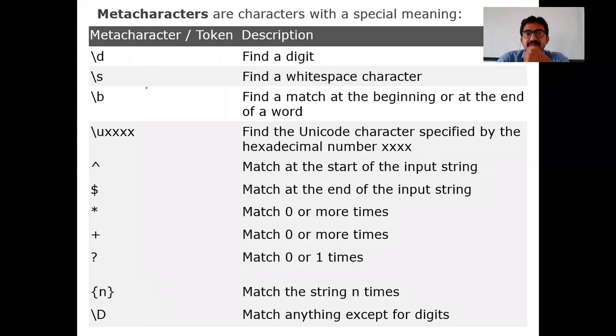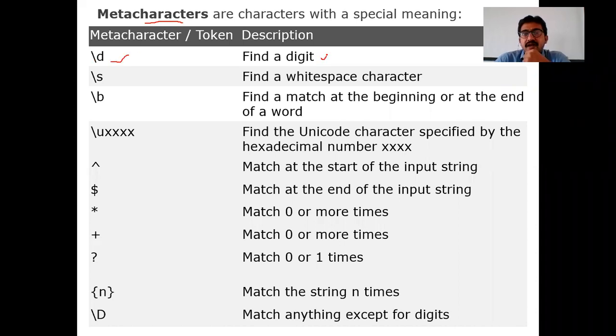Not only this, we have some meta characters as well. Meta characters tell us what we need to do. Indirectly, we can find out whether this or another modifier applies. Small d indicates finding a particular digit.